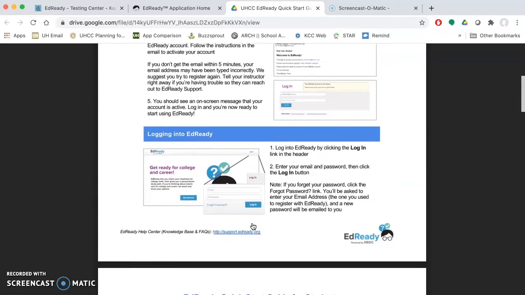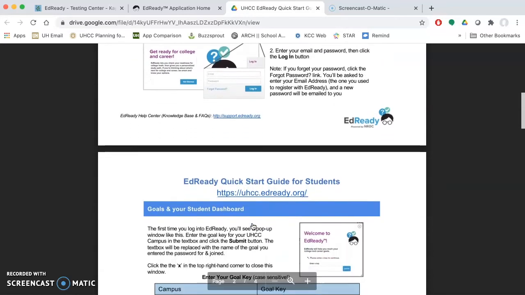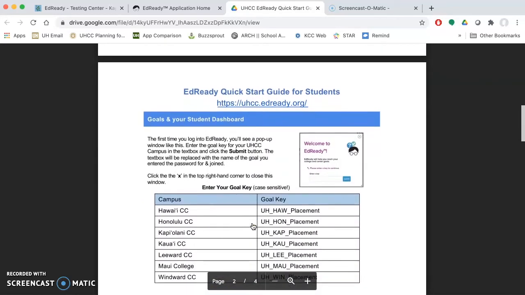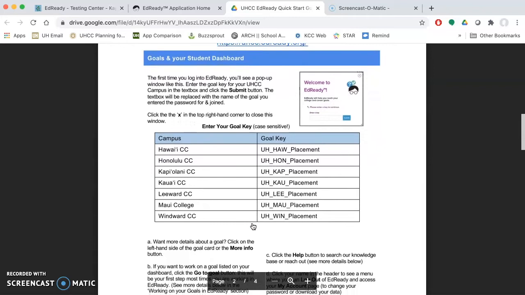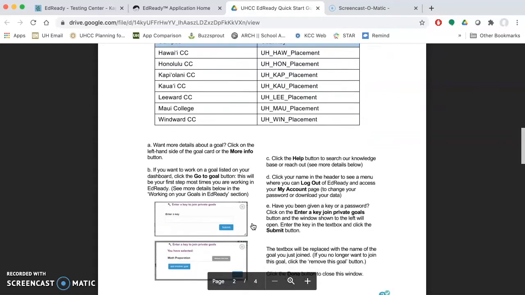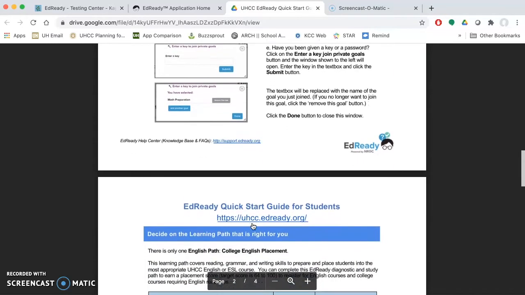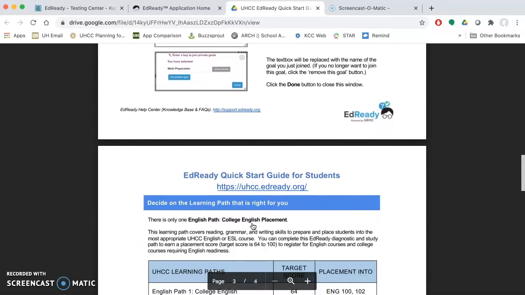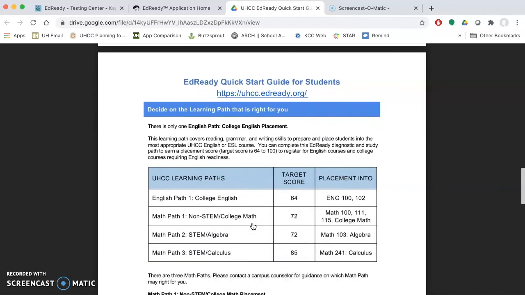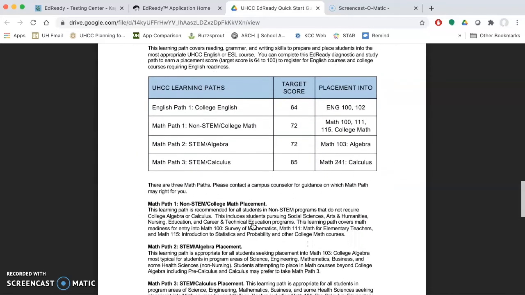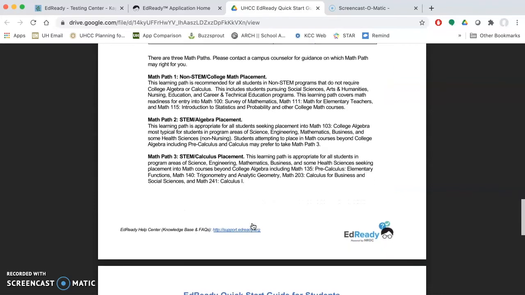Students are encouraged to read through this very carefully because it provides very important information on how to get started with EdReady. So I'm just scrolling through all the pages, but if you click on the Quick Start Guide, it'll provide very good information about the EdReady process.